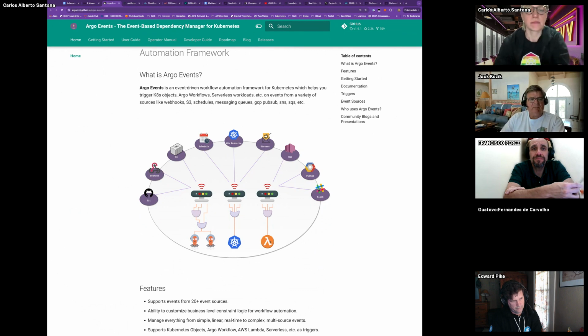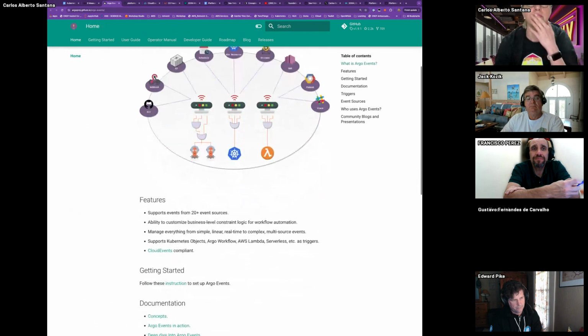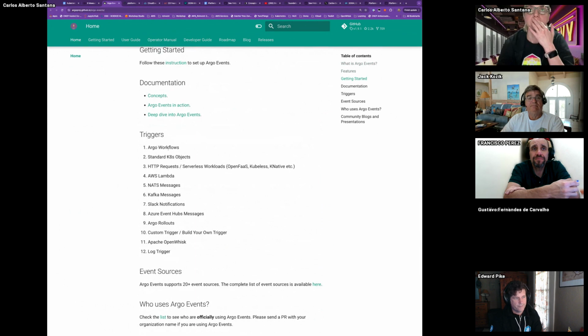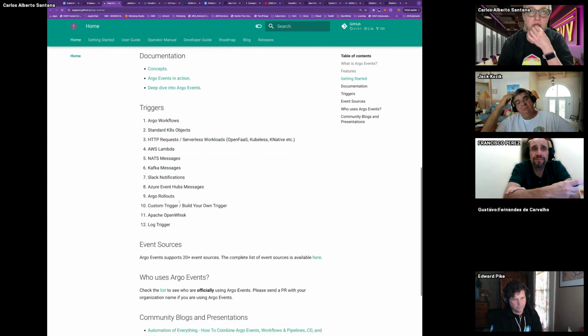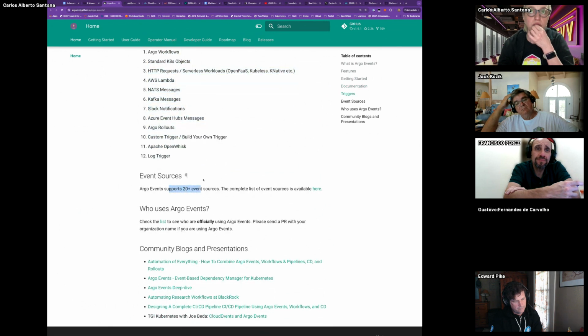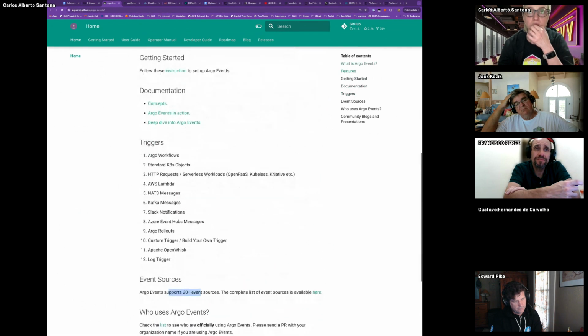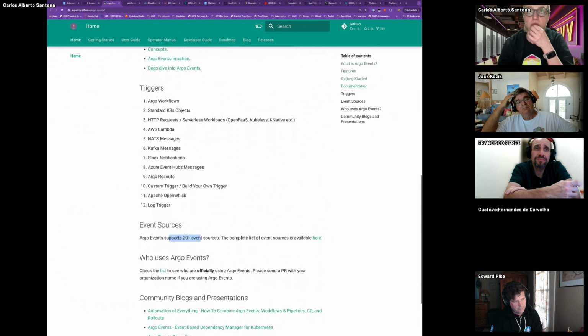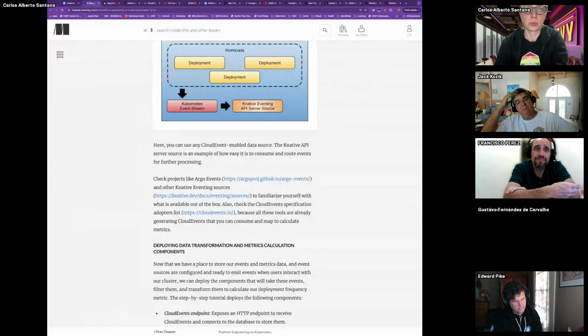And the last one is an example of Lambda, but it has multiple targets. And then you can see that here there are multiple triggers. Actually, sorry, it's not targets. The triggers are kind of like the target, the thing that you want to create, and then event sources are like 20-plus sources. I think they support Kafka and cloud providers and all these things that you can capture. So that's the reason he mentions that in the book.